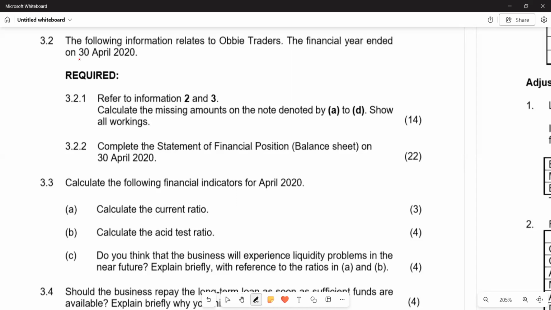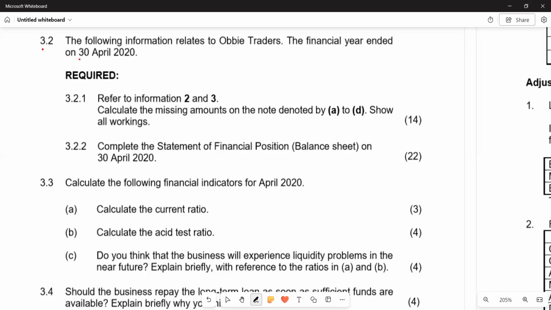In this video, we want to look at the preparation of the statement of financial position, which is the balance sheet. And we've got question 3.2 as the question that we are going to look at in particular. So 3.2 reads that the following information relates to OB Traders. The financial year ended